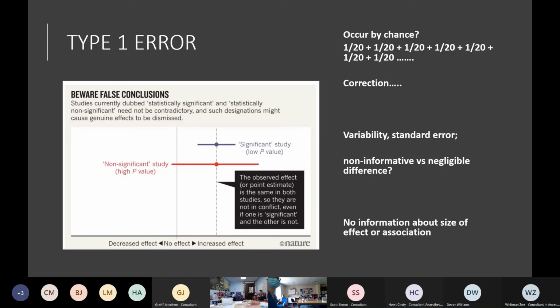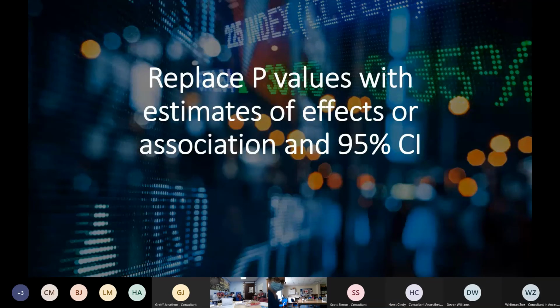What is the information telling us? And also back again to saying it's about effect size. The p-value doesn't tell you about the significance of the effect, like how big that effect is and how big that difference is. So NEJM have advocated replacing p-values with estimates, which gives you an estimate of the effect, and then